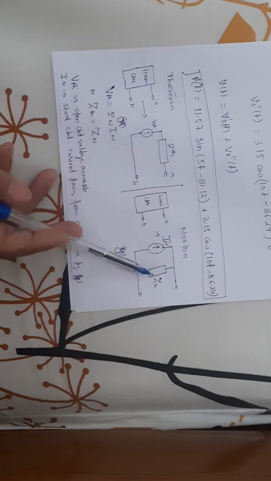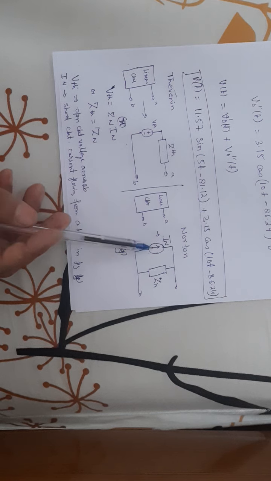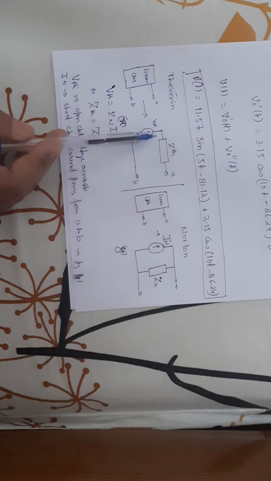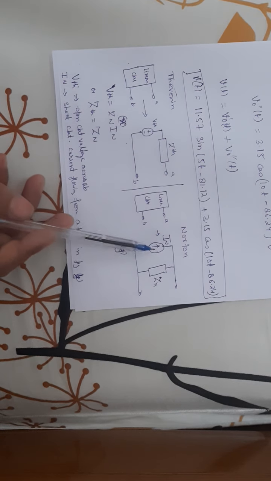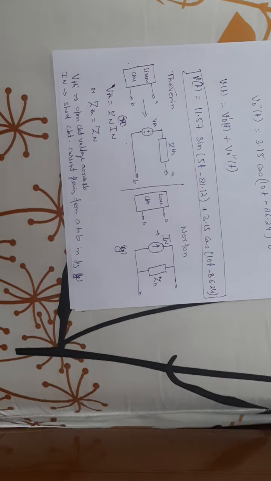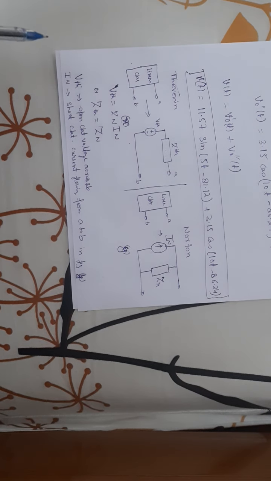If ZTH is equal to Zn, we can say that this is a voltage source in series with the impedance, and this is a current source in parallel with the impedance. And if ZTH and Zn are equal, we can represent the voltage source in terms of current source and the current source in terms of voltage source using the source transformation method, like we studied in our DC system. That is, a voltage source can be converted into a current source and a current source can be converted into a voltage source. So the same applies to the AC as well. In AC, we can also convert a voltage source in series with the impedance to a current source in parallel with the same impedance.